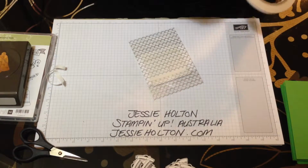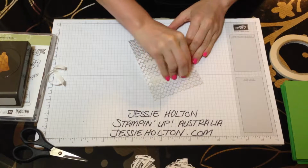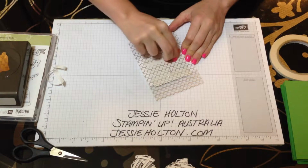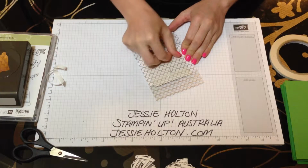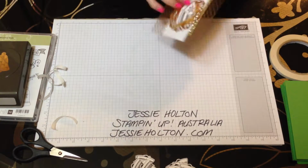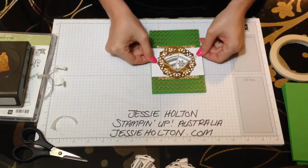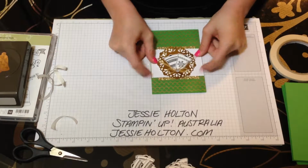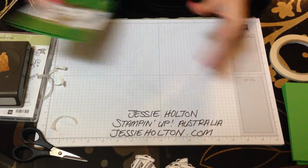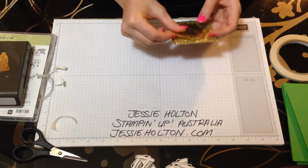And then I'm going to use 2 more pieces of the tear and tape. You could also use snail or fast fuse. I prefer fast fuse. And there you go. So we'll see if we can quickly do up a bunch more of those, and I'll try and get through them a little bit quicker now